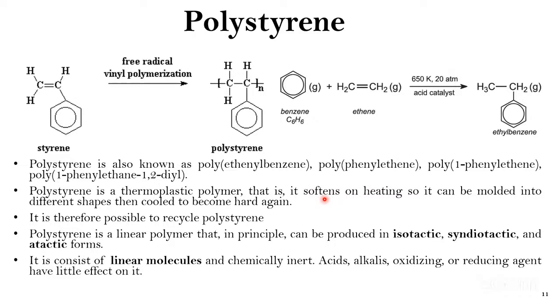Thing. Means when you provide them a certain amount of temperature, they become very soft. That is the reason it can be molded into very different shapes, then cool down to become hard again. When we provide a certain amount of heat to that particular polymer, they become very soft in nature. That is the reason they can form different kinds of shapes. When we mold them, they take the shape of that particular mold cavity, and when they cool, they again